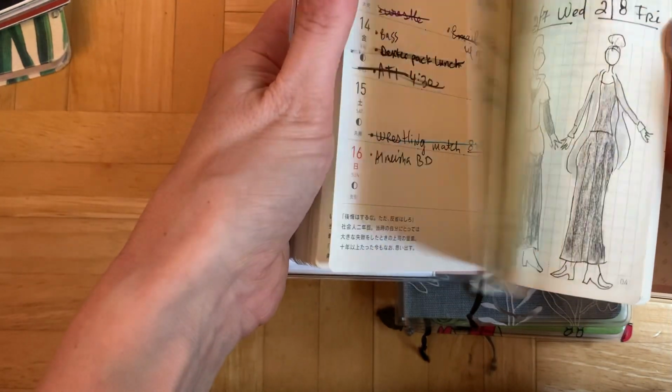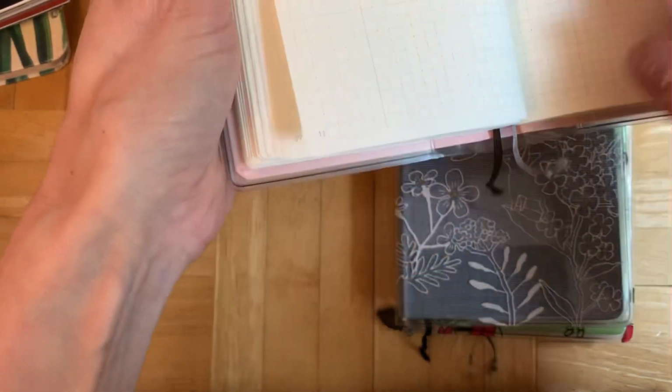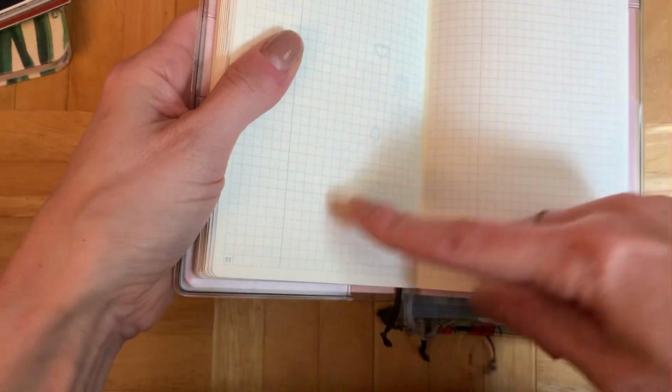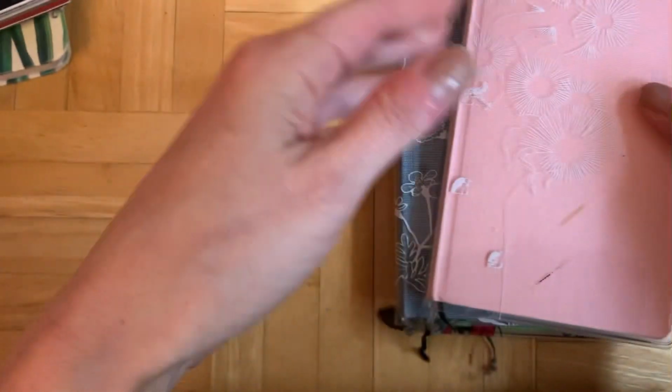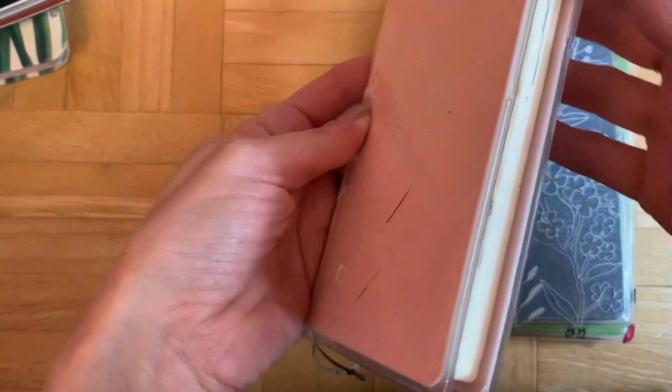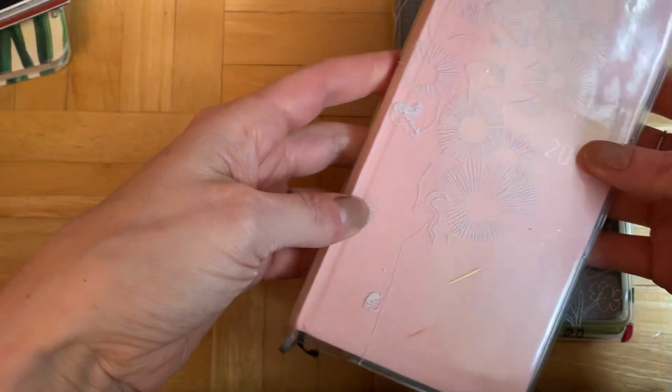And then I just do messy planning. And then I try to do something with all these pages in the back, but I got to at most page 11. And then the rest is blank and I didn't use it. But I didn't feel like it was a waste because I still used the whole year,